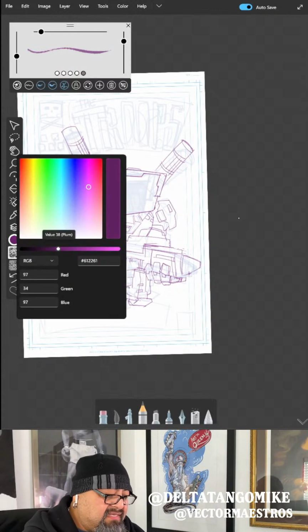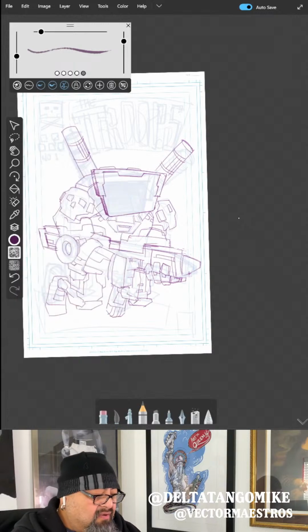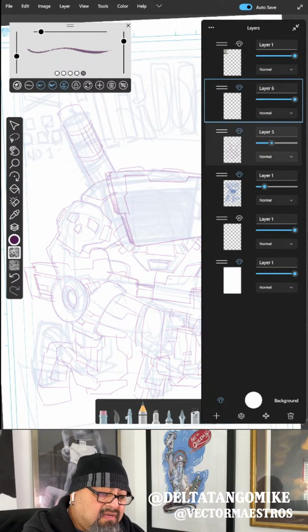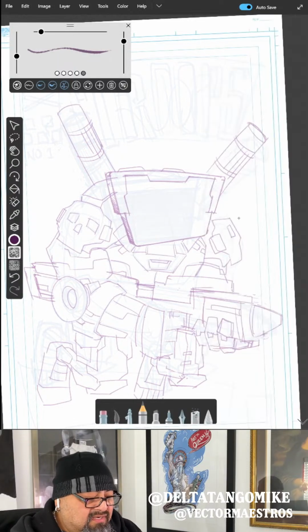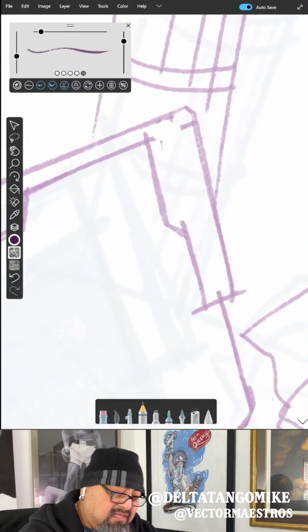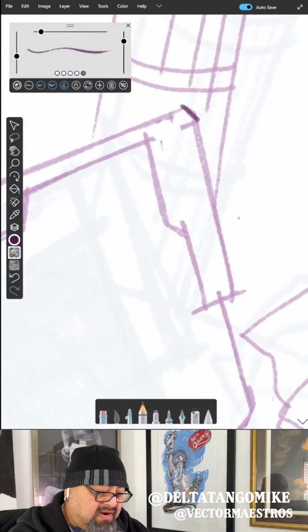Turn down the opacity. Got it. And then turn the opacity down on this one. There's nothing there. Oh, that's it. Turn that down some more. Good. All right. And so now I can focus on cleaning up the character here.